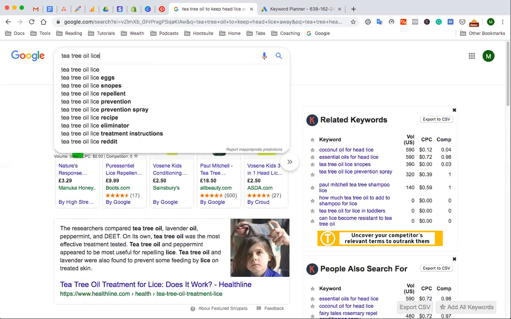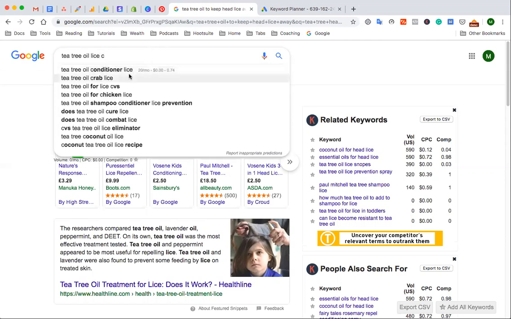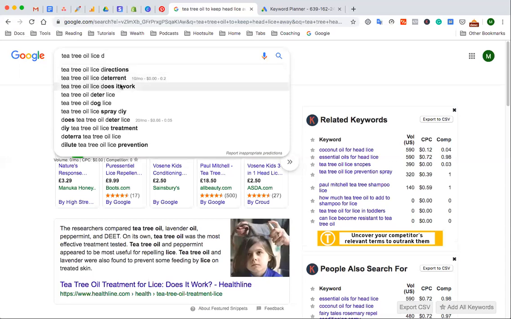Let me just check. But sometimes you might get different results if you use lights, and different results if you use headlights, or different results if you use hair lights. So it's worth checking all options. It might take like half a day to do it all, but it's definitely worth it.